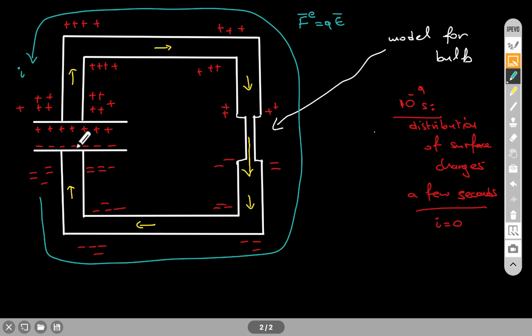Now, electrons are leaving the negative plate. Let's say I take this electron and move it here, it goes through the light bulb or the resistor, whatever this is, and they keep going. The electrons keep going around the circuit until they reach the positively charged plate of the capacitor. When that happens, I have just removed one electron from here and moved it to the positively charged plate of the capacitor through the bulb, and this allows me essentially to say that I have been able to neutralize